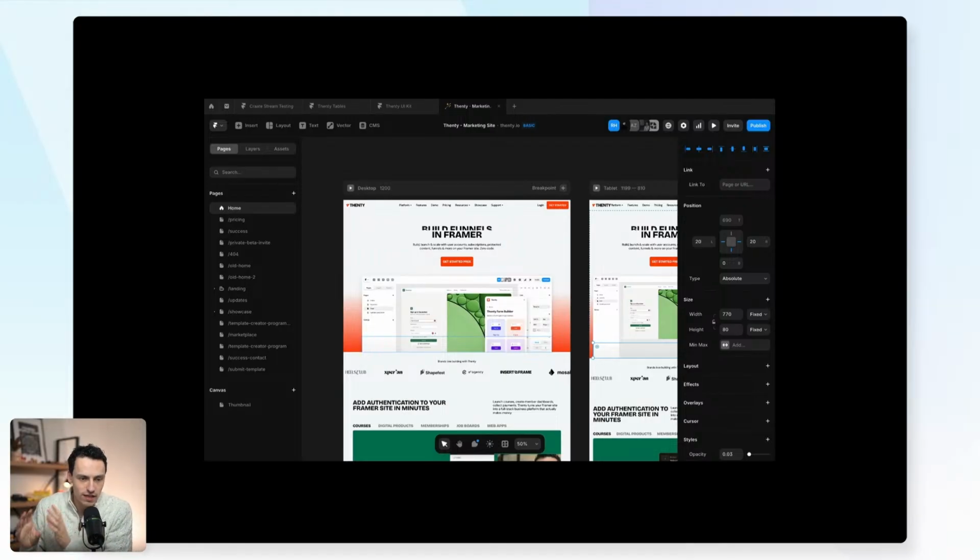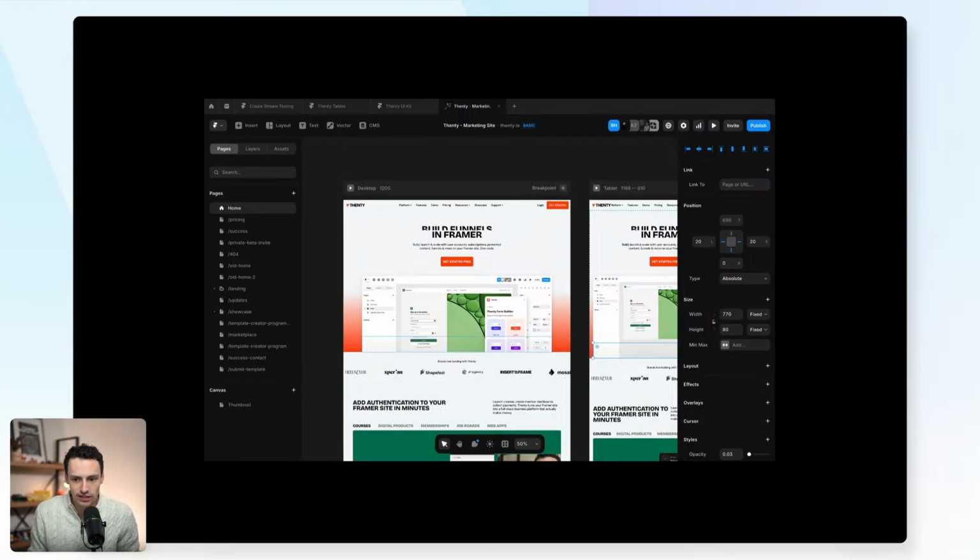But really, their bread and butter is around marketing sites, and quite large marketing sites too. There's a ton of really big teams, from Perplexity to Whereby and so many more, that are actually using Framer to power their marketing sites. And for a marketer, it's really great because they don't have to go back and forth with the developers. They can just either work directly with the designer, or better yet, they can jump on the canvas themselves to